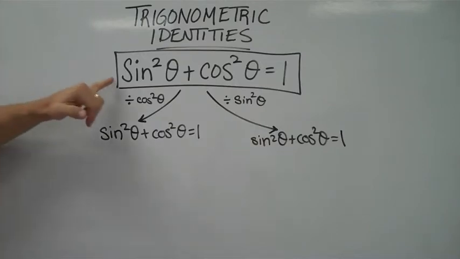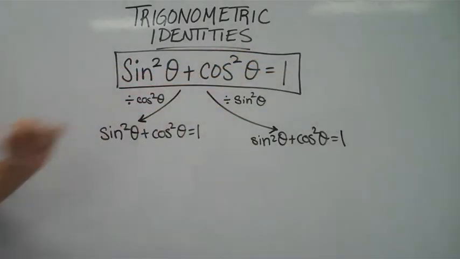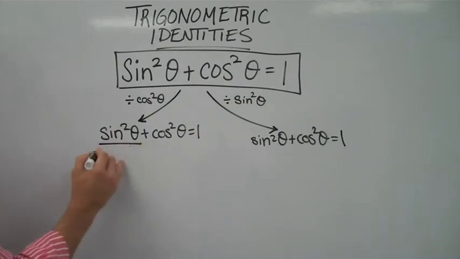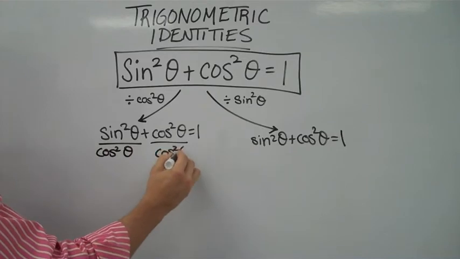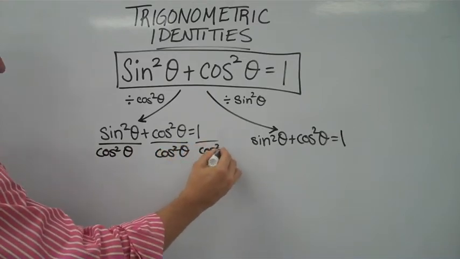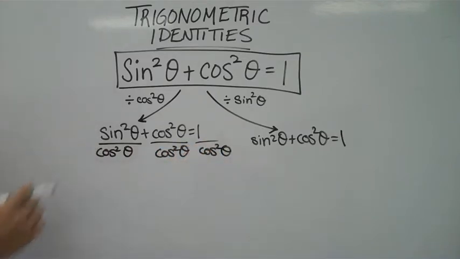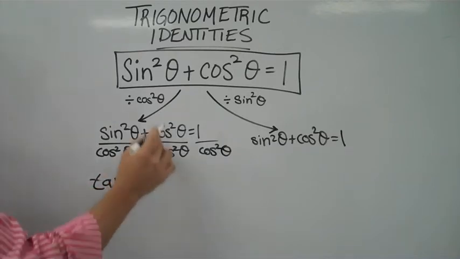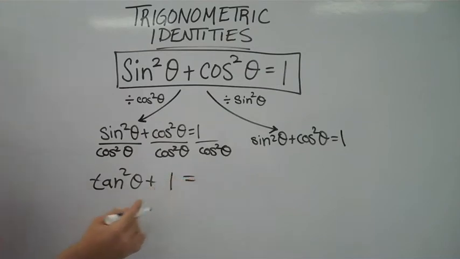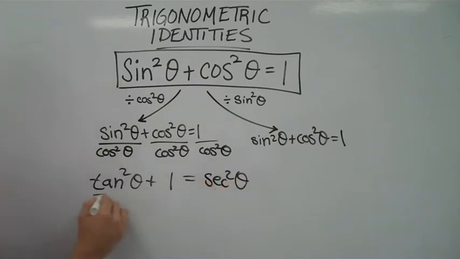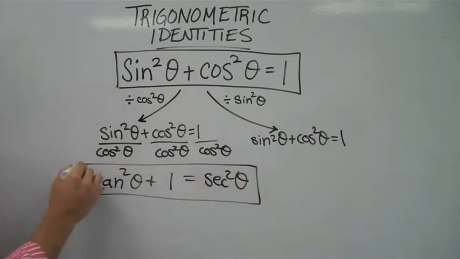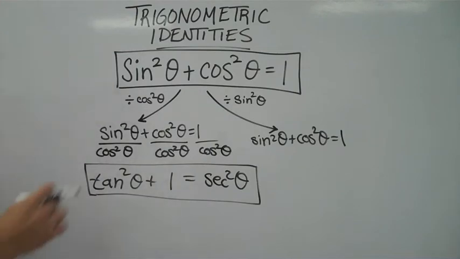If we divide each and every term by cosine squared theta, sine over cosine is tangent squared theta plus cosine over cosine is 1 is equal to 1 over cosine is secant, but we've got a squared, so it's going to be secant squared theta. So we don't have to memorize this, we can derive it from the original by dividing each and every